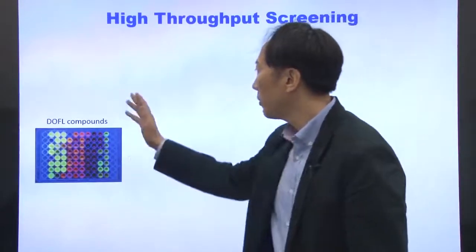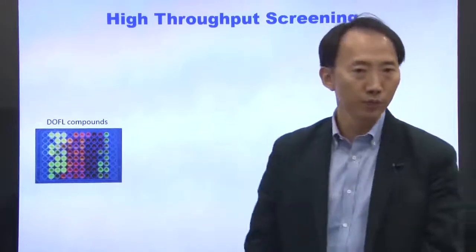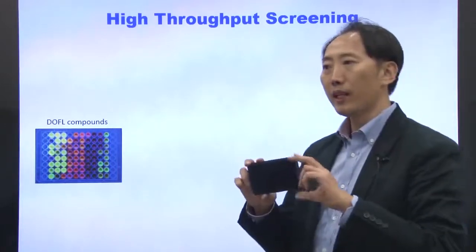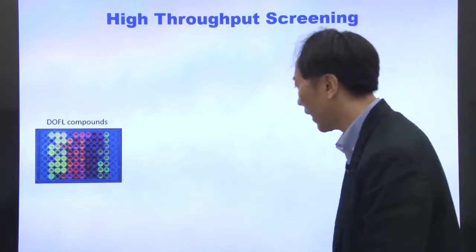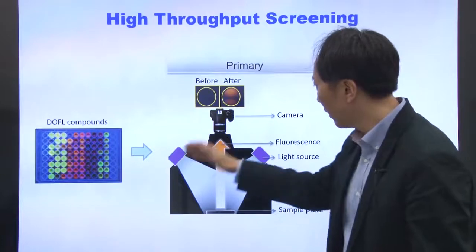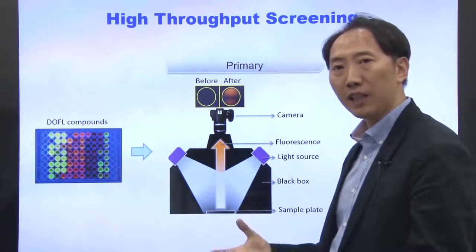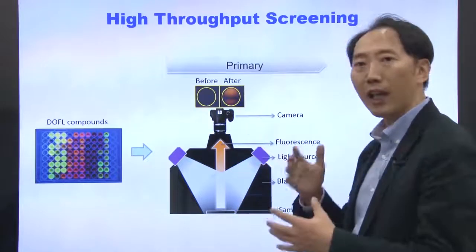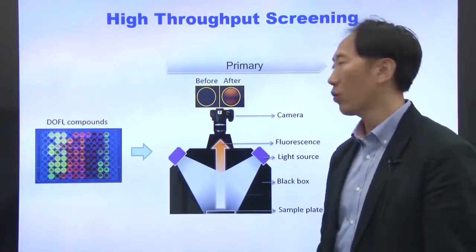For example, this is the so-called diversity-oriented fluorescence library, and it has huge numbers of molecules. Let me show you one plate. This plate can be a 96 or 384 well plate, and using it we can accelerate screening. And maybe this kind of box: this is a black box with a UV lamp on top, and you can put the camera on top. Then it's a very easy screening system. This is without your target, and this is with your target. You can take pictures and compare those two pictures in Photoshop. Then you can find the proper sensors very quickly.